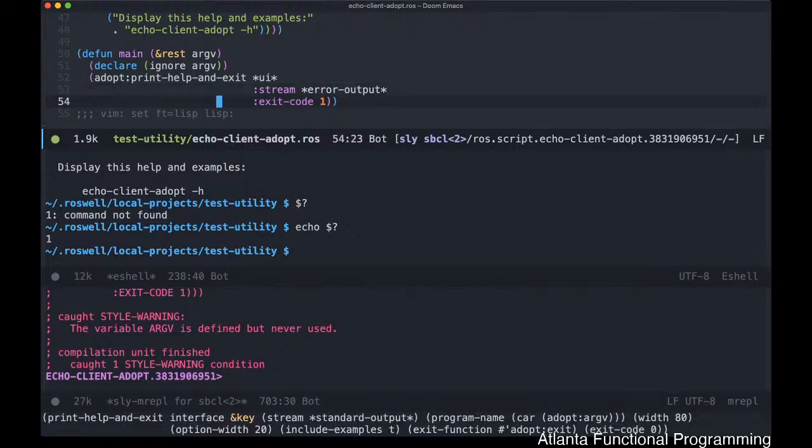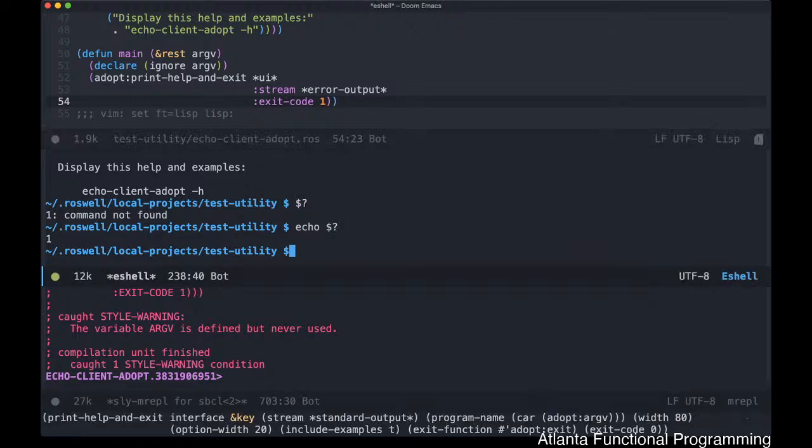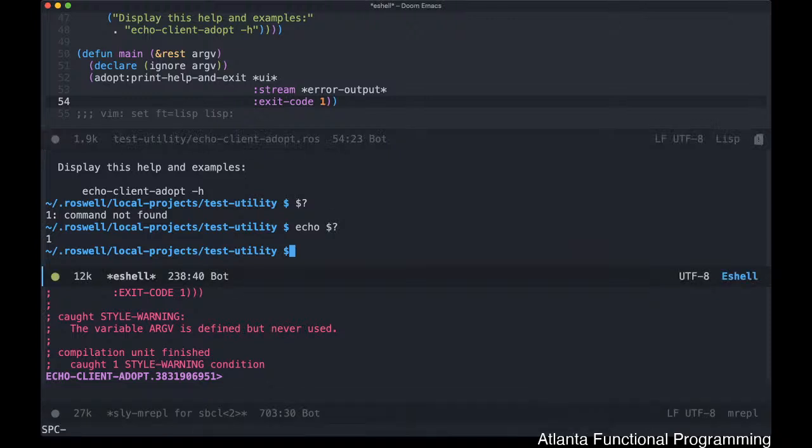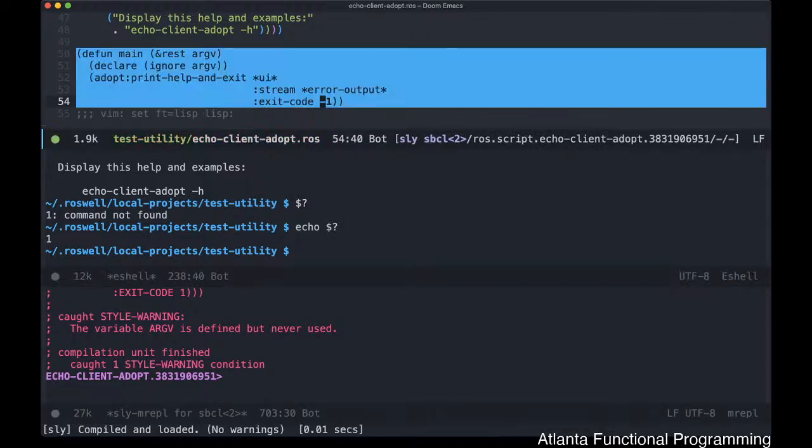Usually 0 and 1 are being used. There are other exit codes that you want to use for different use cases. Obviously, I defer to any UNIX documentation to figure out what the appropriate exit code is for your particular use case. But once you do have it, you can just go ahead and check to see that the exit code is actually being passed in. So if we passed in, say, for example, -1 instead of 1, and we run,